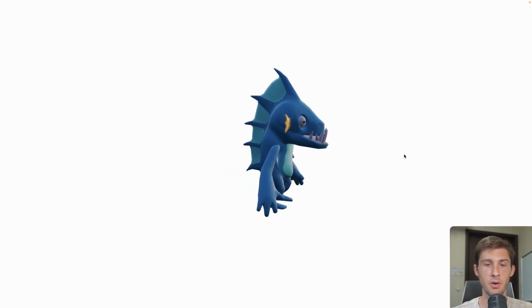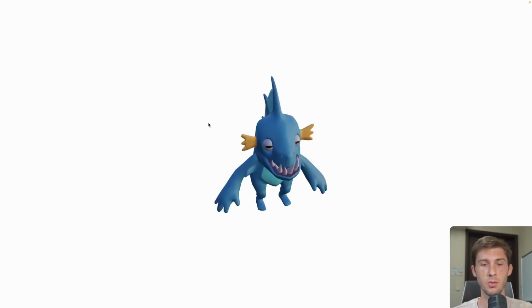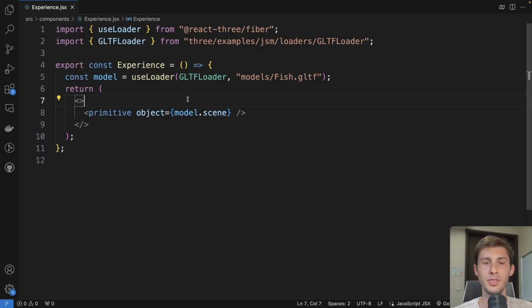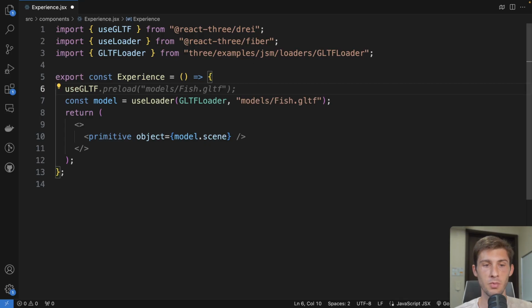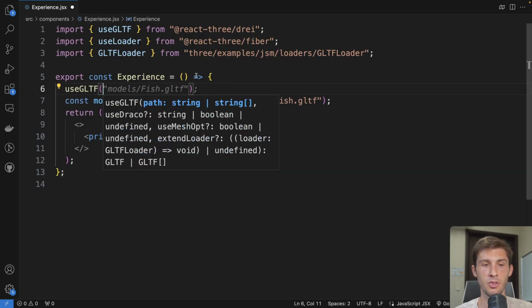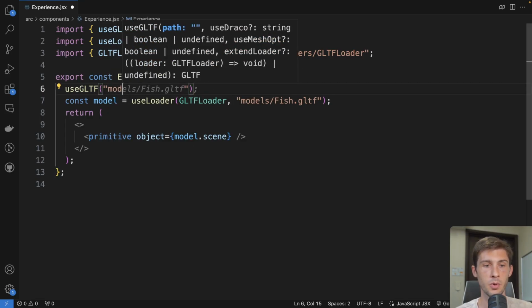Now we can see our 3D model loaded into our project. But useLoader is not the simplest way to load a model with React Three Fiber. We can instead use useGLTF from Drei library to load our model. So we just need to pass the path